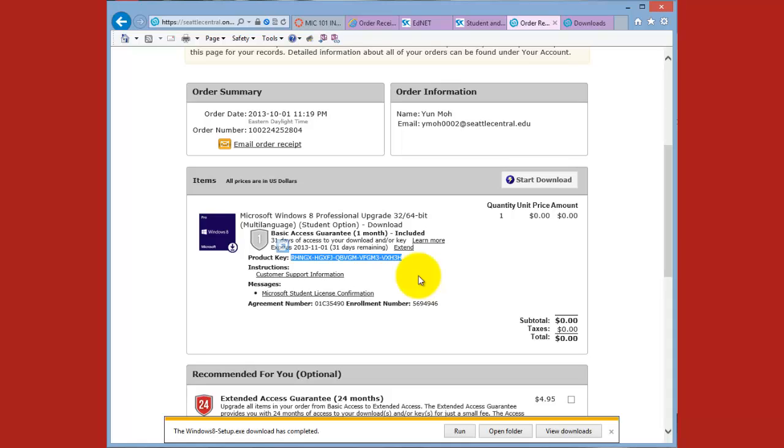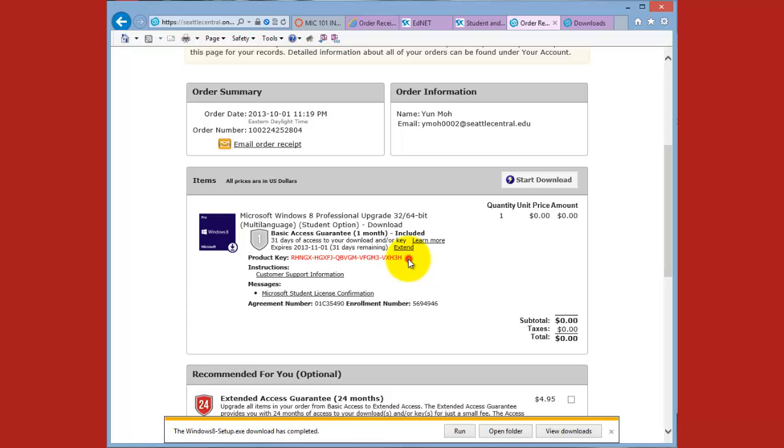Just re-log in using your student email address, the full student email address, and then the password that you created to activate this particular account. You just log back in, and then you'll have this record. The things that you ordered, the information will be stored,